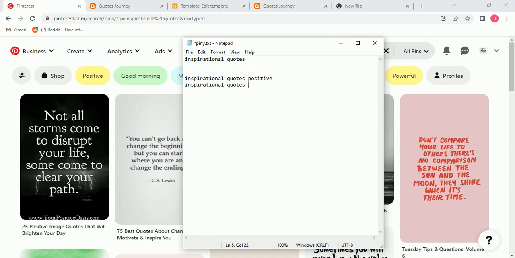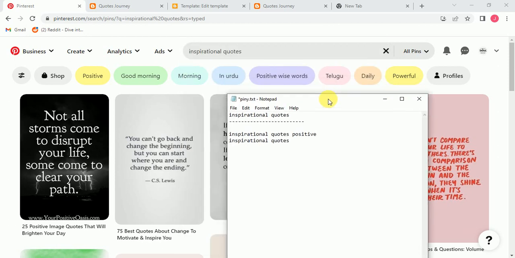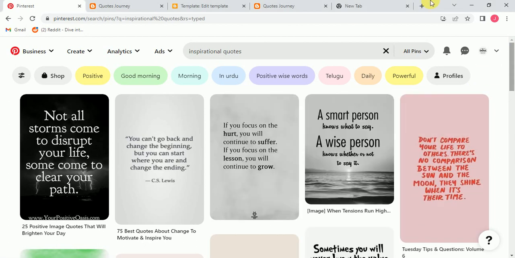After that, inspirational quotes, you can see these are the keywords: inspirational quotes good morning. After that inspirational quotes daily. Because this is in another language, that's why I cannot include them. Daily inspirational quotes powerful. So that's it for this keyword, but you can search for the maximum keywords, because if you collect like 100 to 200 keywords, then this is enough content for 1 year.